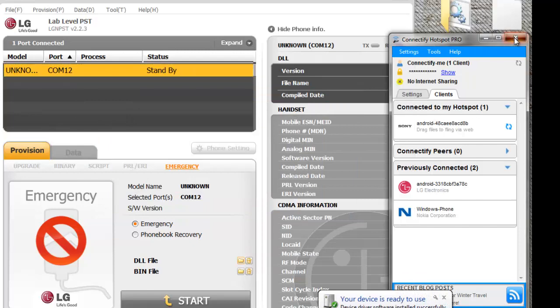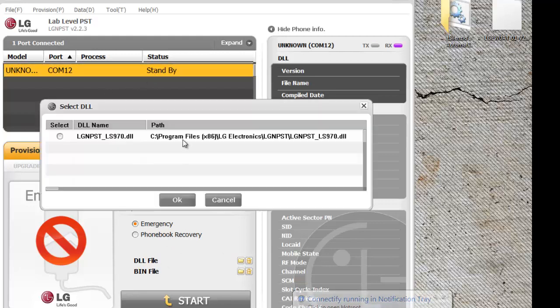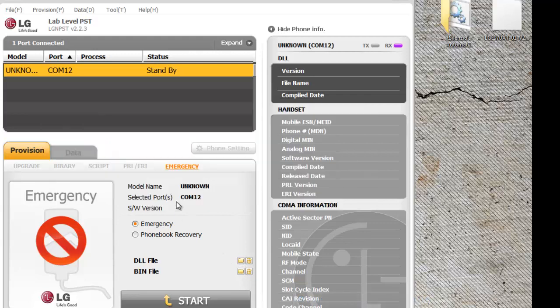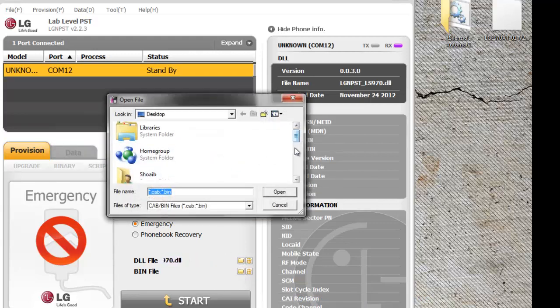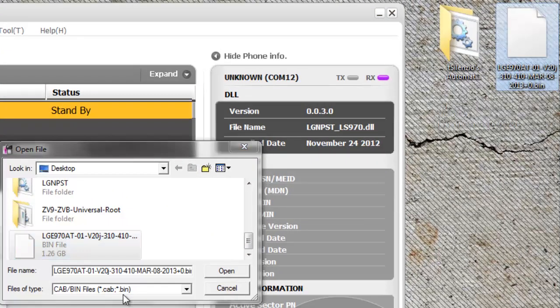Now click on device, click on emergency and DLL file browse and select the LGE970. Now click on browse and open the bin file which we already extracted and renamed. Open this file. Now you have both files loaded.